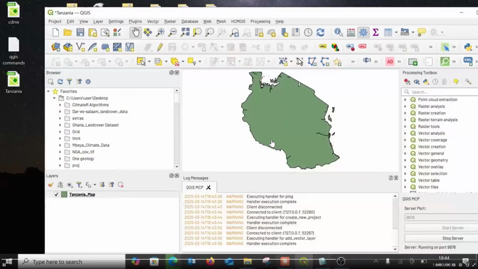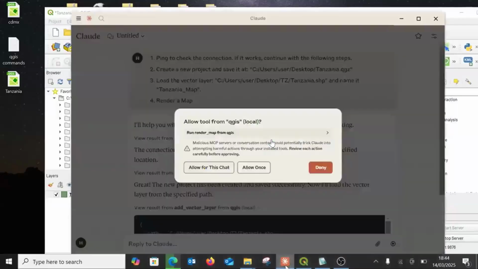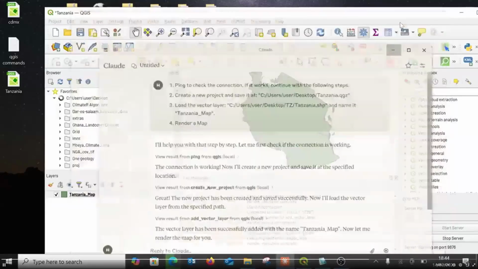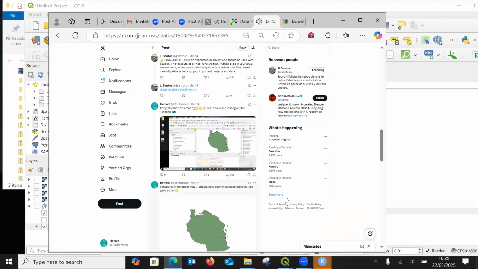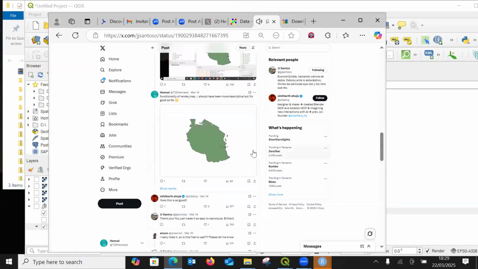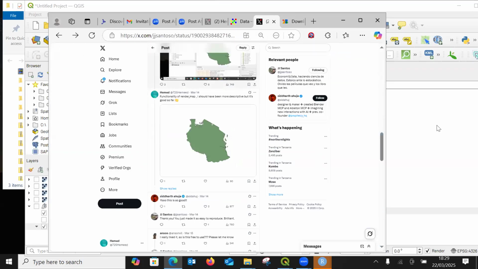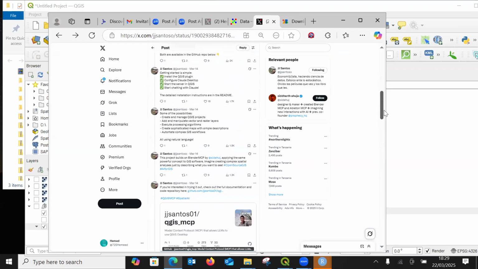It loaded it, and finally it rendered a map, though not a good map like a human would make. It rendered a plain map because it's an AI and I didn't give it much instruction, but that's a use case of an AI